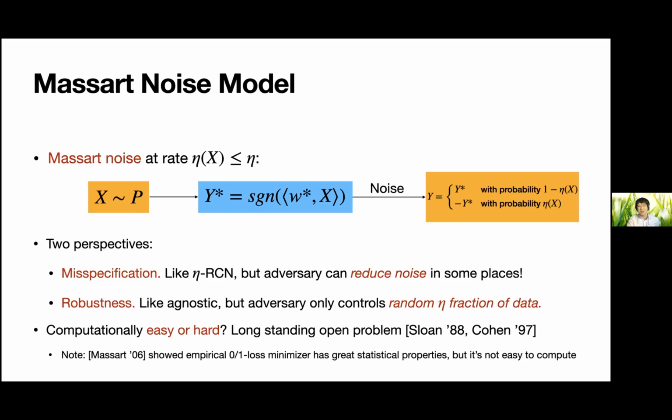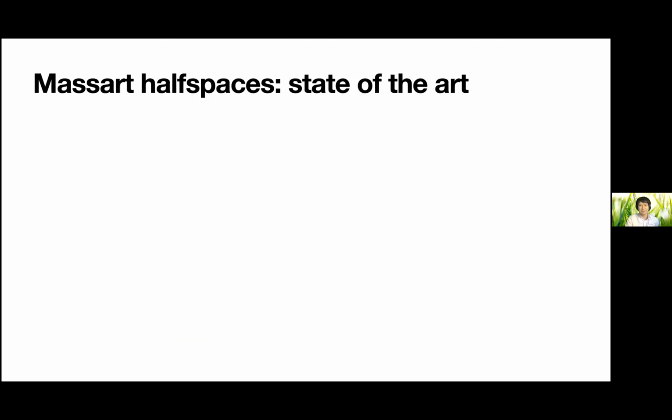Oh, one last historical note: why is it called the Massart noise model? There's a very nice paper by Massart in which he studied just the statistical question: if you picked the best possible estimator and didn't worry about the computation time, how does it behave? In this model, it has really good statistical properties. So that's what Massart studied, and that's how it got this name. But for the remainder of this talk, it's not super relevant, because in general you cannot compute the thing with the best 0-1 loss on the training data. Okay, and so those are all the models.